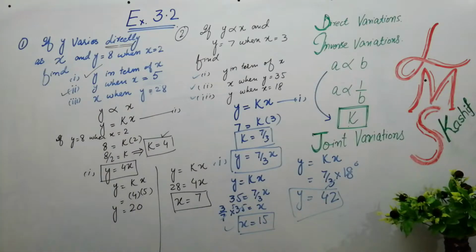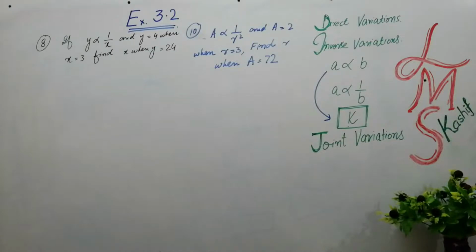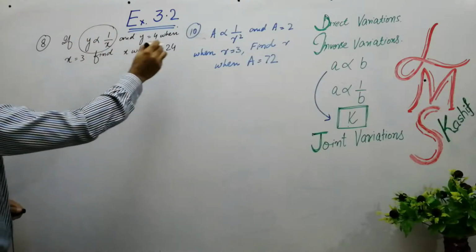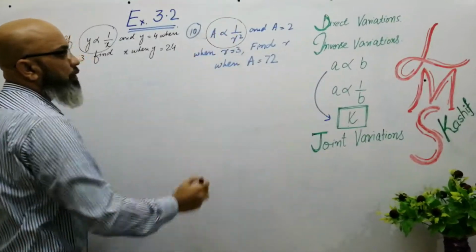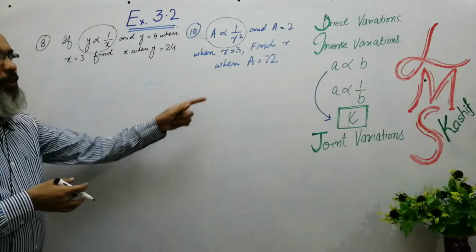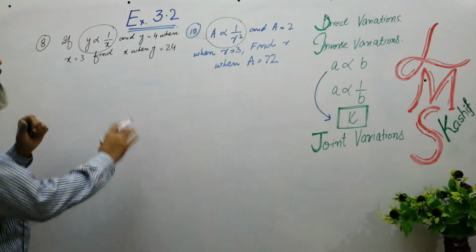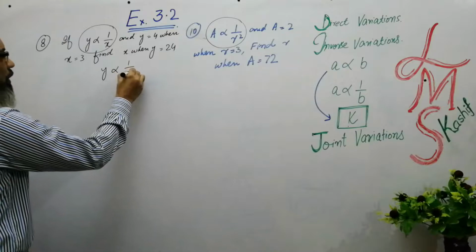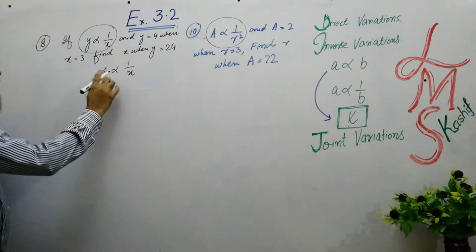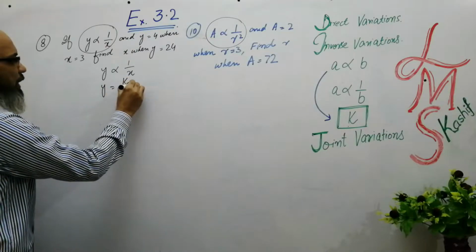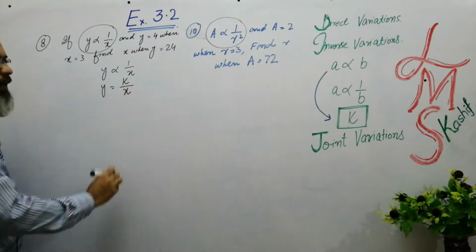So now the next questions are question number 8 and 10. Now it's quite visible that these are questions of inverse. Both questions are inverse variations. So in the similar way, we will solve these questions as we did in the direct variations. So what equation is given to you? y is proportional to 1 over x. When you remove this sign, it comes multiplied with the proportionality constant, that is k over x.